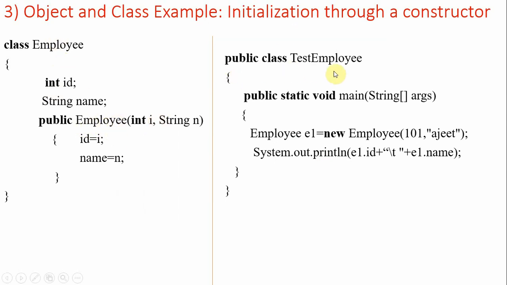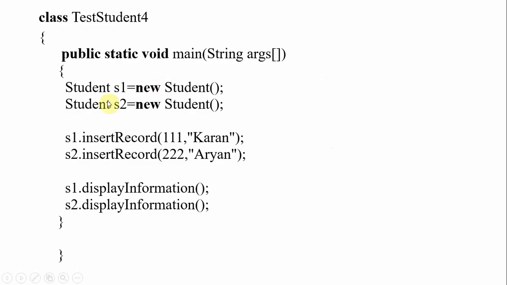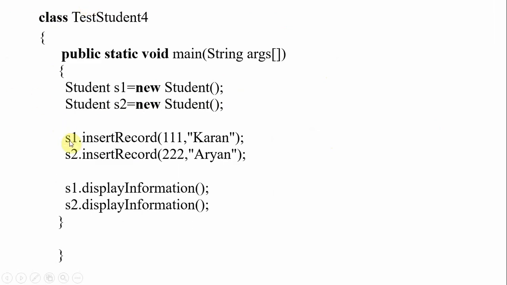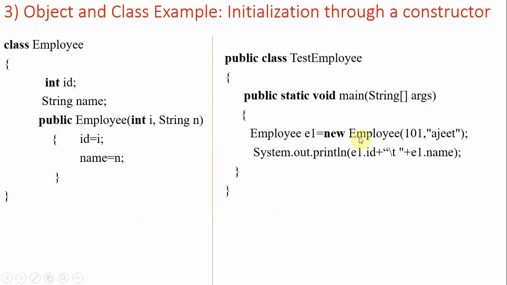So public class test employee, public method. Here you have to observe what we did. There we create a reference variable for the student class where the method exists. With the reference variable we can call a method, and pass the values, right? But here we directly pass the values to the constructor. Employee e1, reference variable equal to new, means we are creating an object, new employee. There we can directly pass 101 and AG. These are the values we are directly passing. We are not calling any method separately. Whenever we pass these values, they will be stored here.